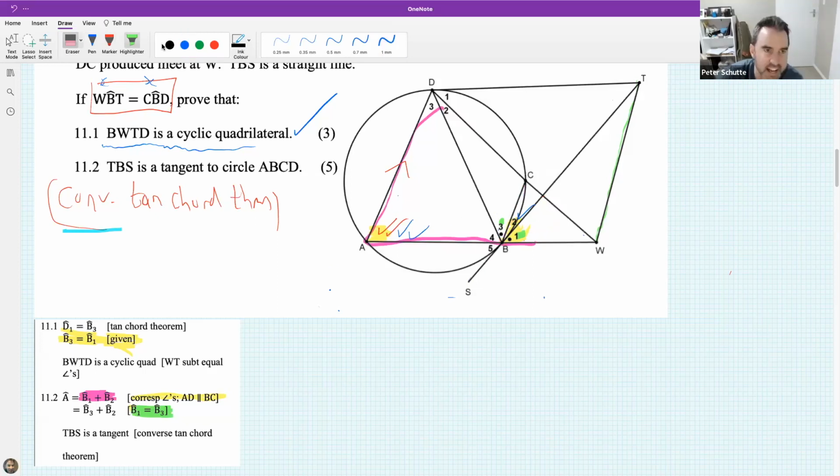So that's the bit over here where maybe I'm losing you. If you watch the video again, it'll be fine. But basically, we're saying that these two over here, we're deducing that this over here is equal to this over here. And that is the angle between the tangent and the chord, or the line and the chord, equals the angle in the alternate segment. So that's what we were trying to do. So TBS is a tangent, converse tan chord theorem. Now that was a tough question, I don't deny it, but I need to push you guys a little. Okay, so what I suggest is rewatch this video again for the last bit,